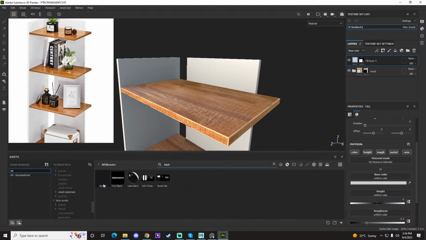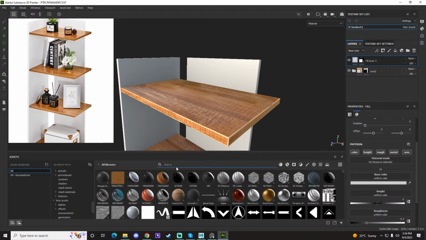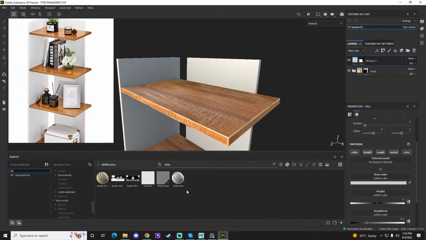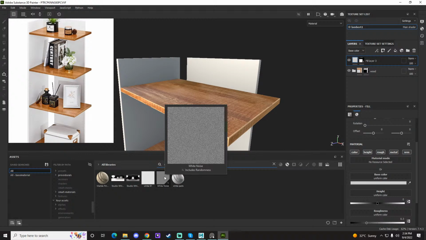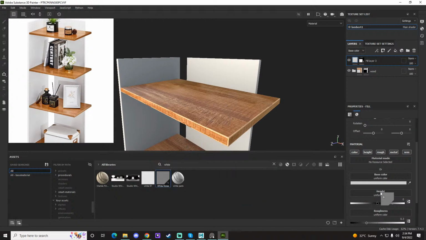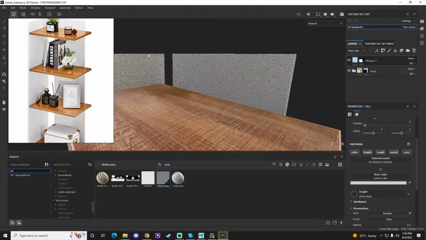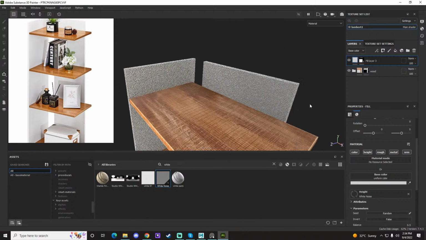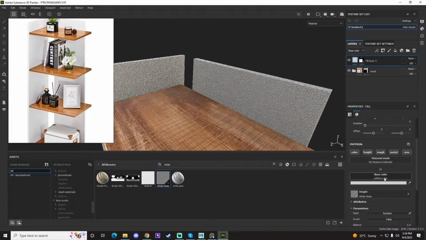Black white, is it this one? No, it's not this one. Oh yeah, this one, white noise. This one is the best to apply on random, including randomness. So it's always drag it on the height. You see, this one already looks kind of cool, but it has way more height than we